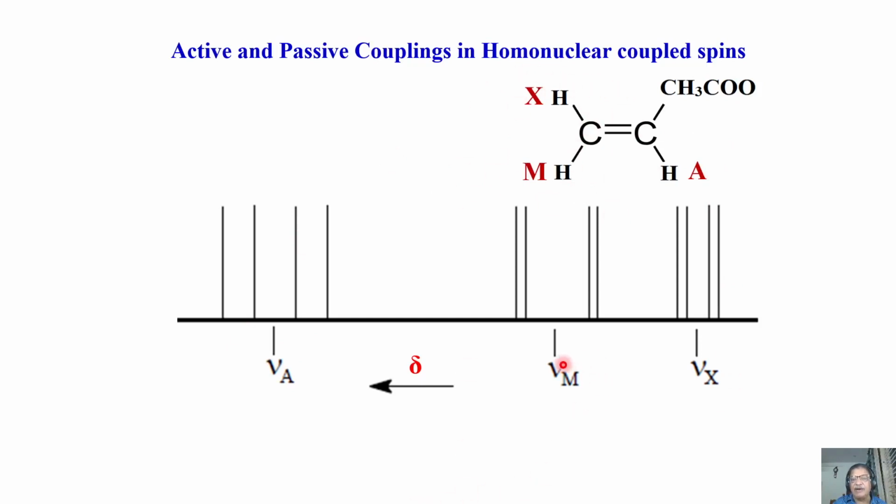At the chemical shift of M, you get 4 peaks because of coupling to A and X. At the chemical shift of X, you get coupling to A and M, and you get 4 peaks. See, always you get 4 peaks of equal intensity. This is a weakly coupled AMX spin system. We worry about weak coupling later, but this is the spectrum of equal intensity.